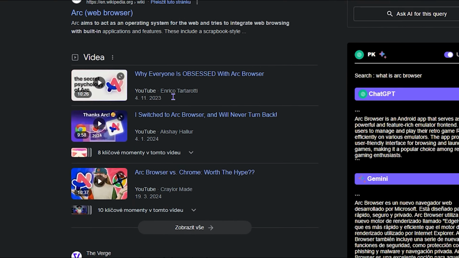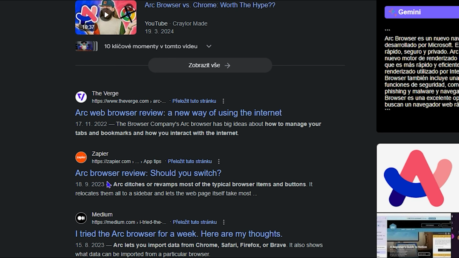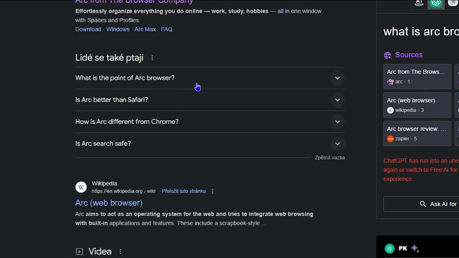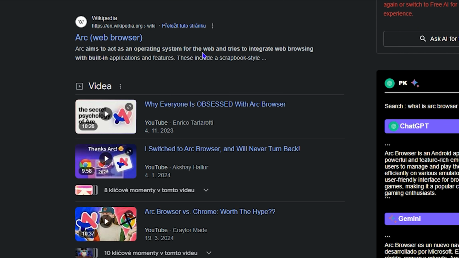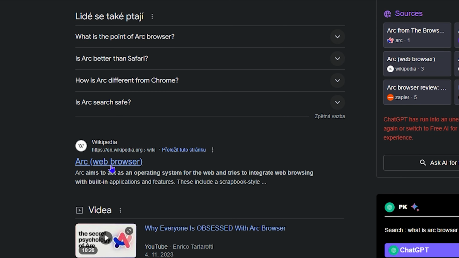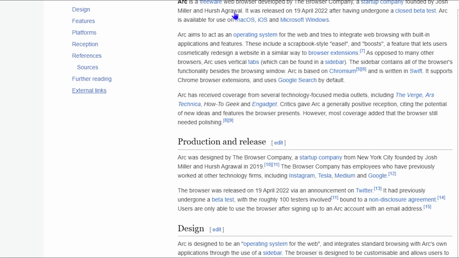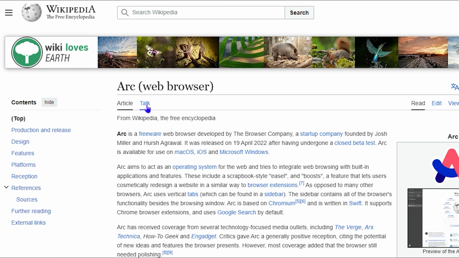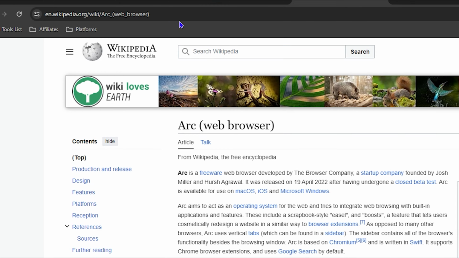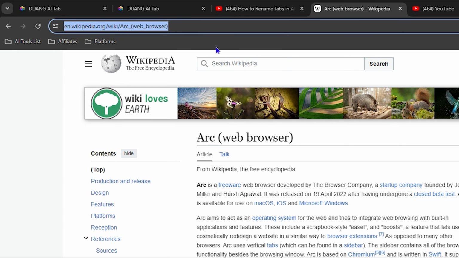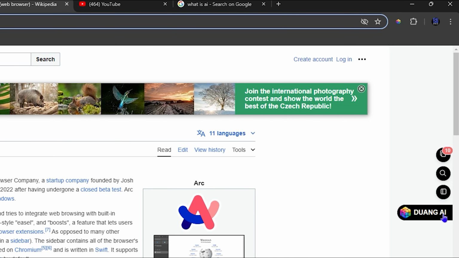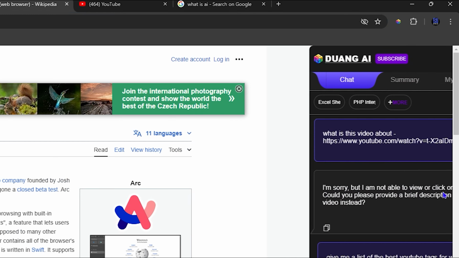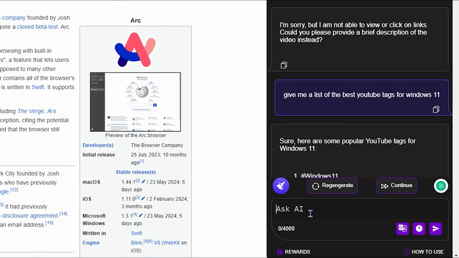So let's say I would like to know what is this Arc browser and I want to get some quick information about it. So what you can do, guys, let's say you would like to know more about this Arc website. You can go to whichever website. So let's say I go to Wikipedia, right? And I would like to know what is this Arc browser and I don't want to read the entire thing. I can just simply copy this link here of this website. I can hover over the Duang AI tab on the right hand side, expand it, and I can ask the AI. I can just simply say,